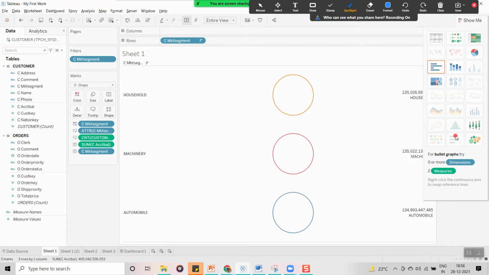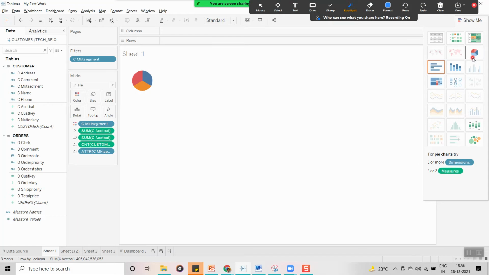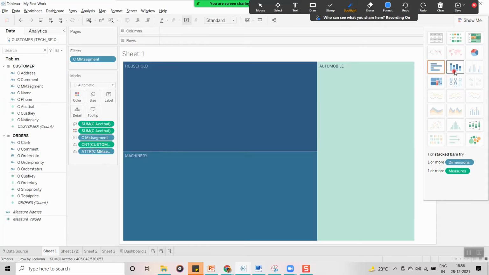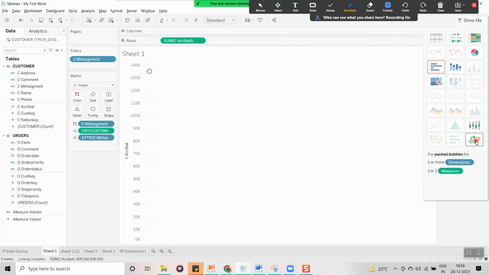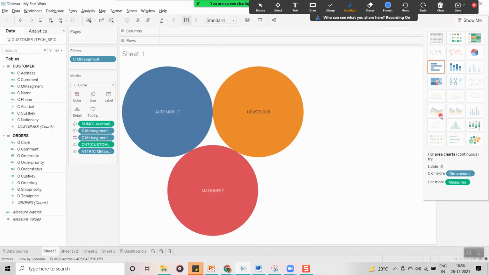Okay, so these 24 are the default visualizations which Tableau provided. In the Show Me button you can see the 24 visualizations. Out of these visualizations, guys, see, I am clicking on it. Based on your selection, the visualization is going to change in the view. Also, some visualizations are in disabled mode, because to create a specific visualization it requires a minimum number of fields, either dimension or measure.